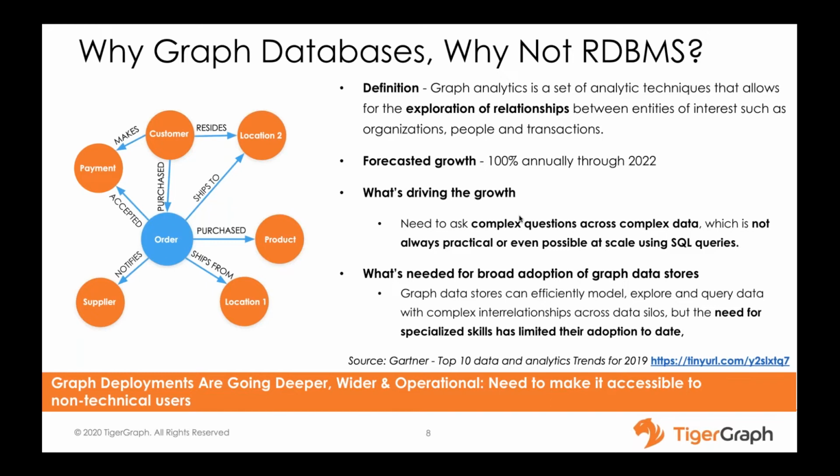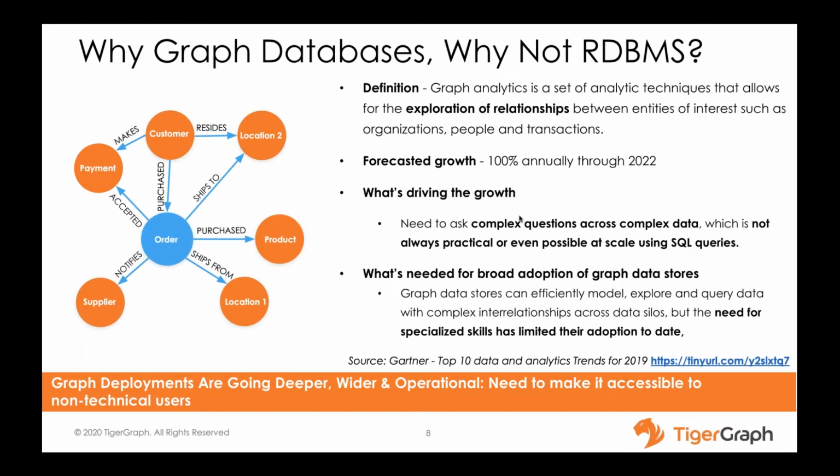So in this case, any use case that requires in-depth analysis of relationships would require you to join data across multiple entities. And the thing that's problematic for RDBMS is that as the number of joins increases, the performance and scale become a really big problem. This is a natural fit for graph, and that's where the strength of graph databases comes in. So according to Gartner, in terms of their forecasted growth, application of graph processing and graph DBMS would grow 100% annually, year over year, up to 2022.